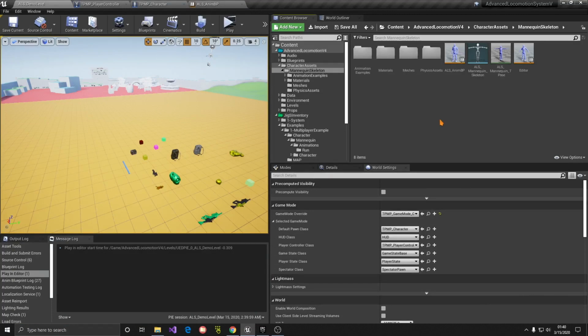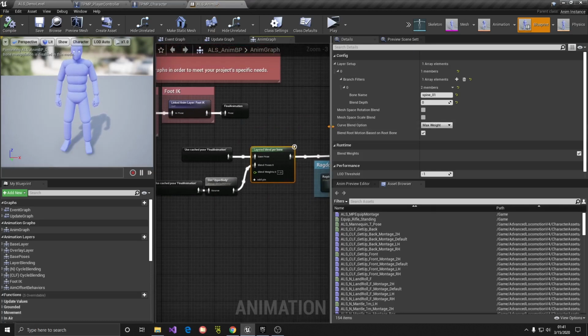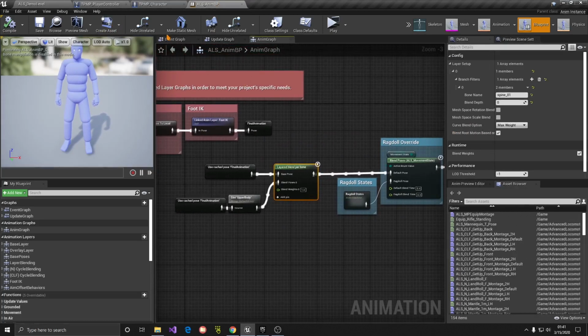As you can see, we can equip everything. We can vault, we can switch weapons. There's one more thing that we need to do, and that is having a rifle state locomotion or a pistol locomotion. And we know that by using the active slot. So you want to go to the ALS anim BP here,